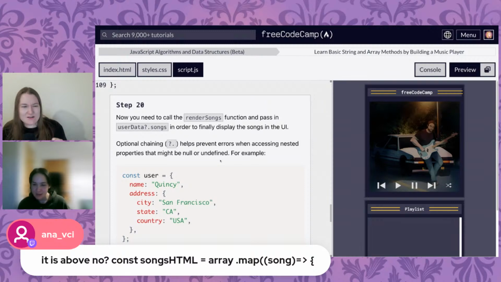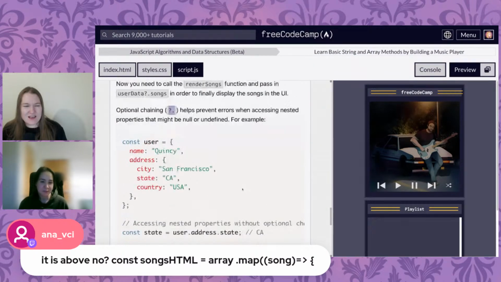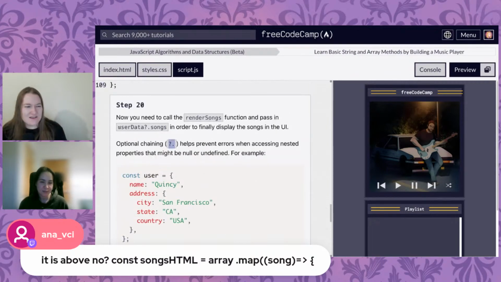Next, we need to call the render songs function and pass in the user data songs in order to fully display the songs in the UI. Okay, we haven't seen this before. Optional chaining, question dot. So this is me adding things. If I said I'm passing in user data question dot songs, I'm saying, hey, I want you to use what you find,